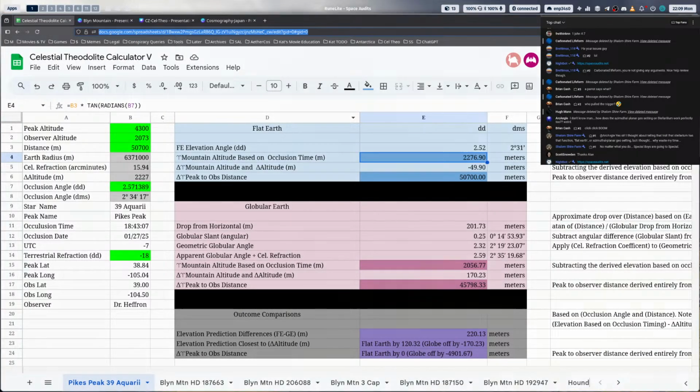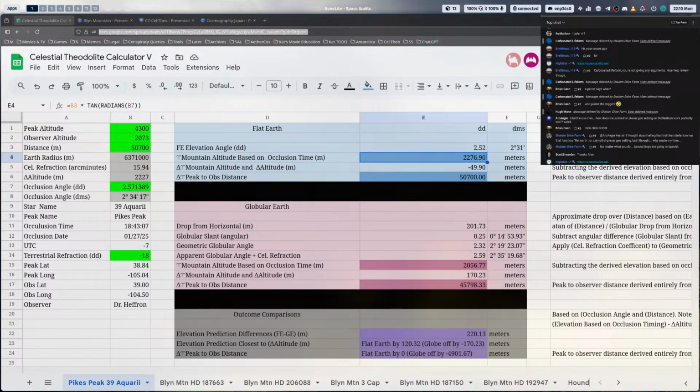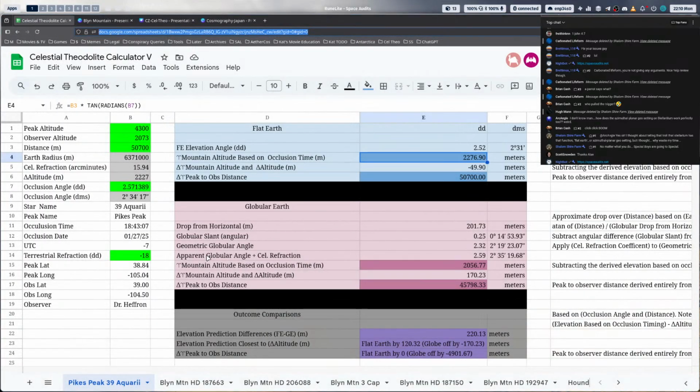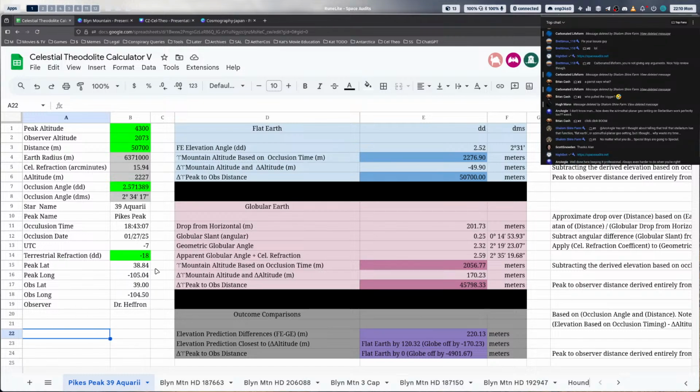Quick recap. Here's the spreadsheet for everyone. This is Theo update 13. Here's a link to the spreadsheet. Everyone can get a copy. They can look at the data. They can check everything out. I'll put a link to Mike's spreadsheet in here. So if you want to add more stars or whatever, double check things, you can compare and contrast.